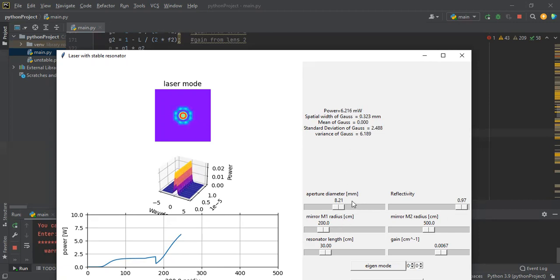And then I have just tested this. So you just need to take a note. For example, aperture diameter 8.2, reflectivity 0.97, mirror 200, mirror 2 500, resonator 30, and gain 0.067, and my power is 8.94,